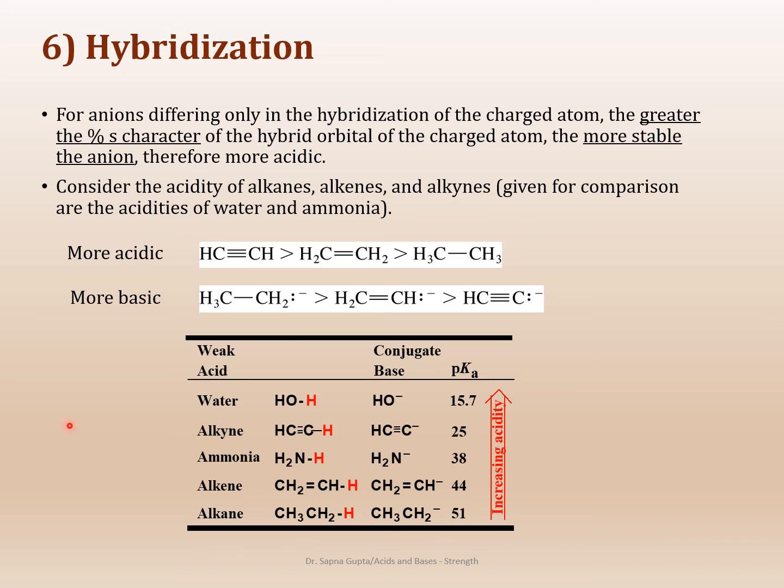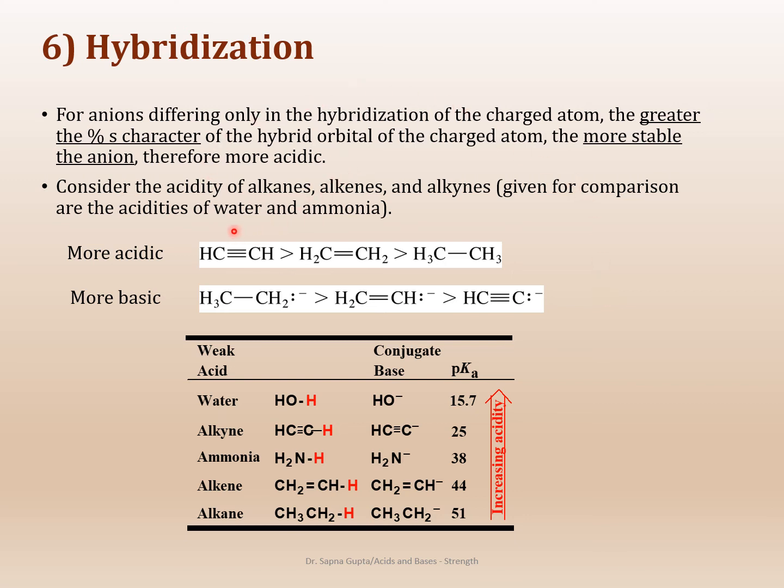Now let's look at hybridization. This is a simple concept again. The more the S character there is in the hybrid orbital, the more acidic it will be, okay? And so we learned 3 different kinds of hybridization: sp, sp2, sp3. In case of sp, you have a 50-50 character of S and P. In case of sp3, the S character is only 25%, which means that the sp hybridization is the most acidic